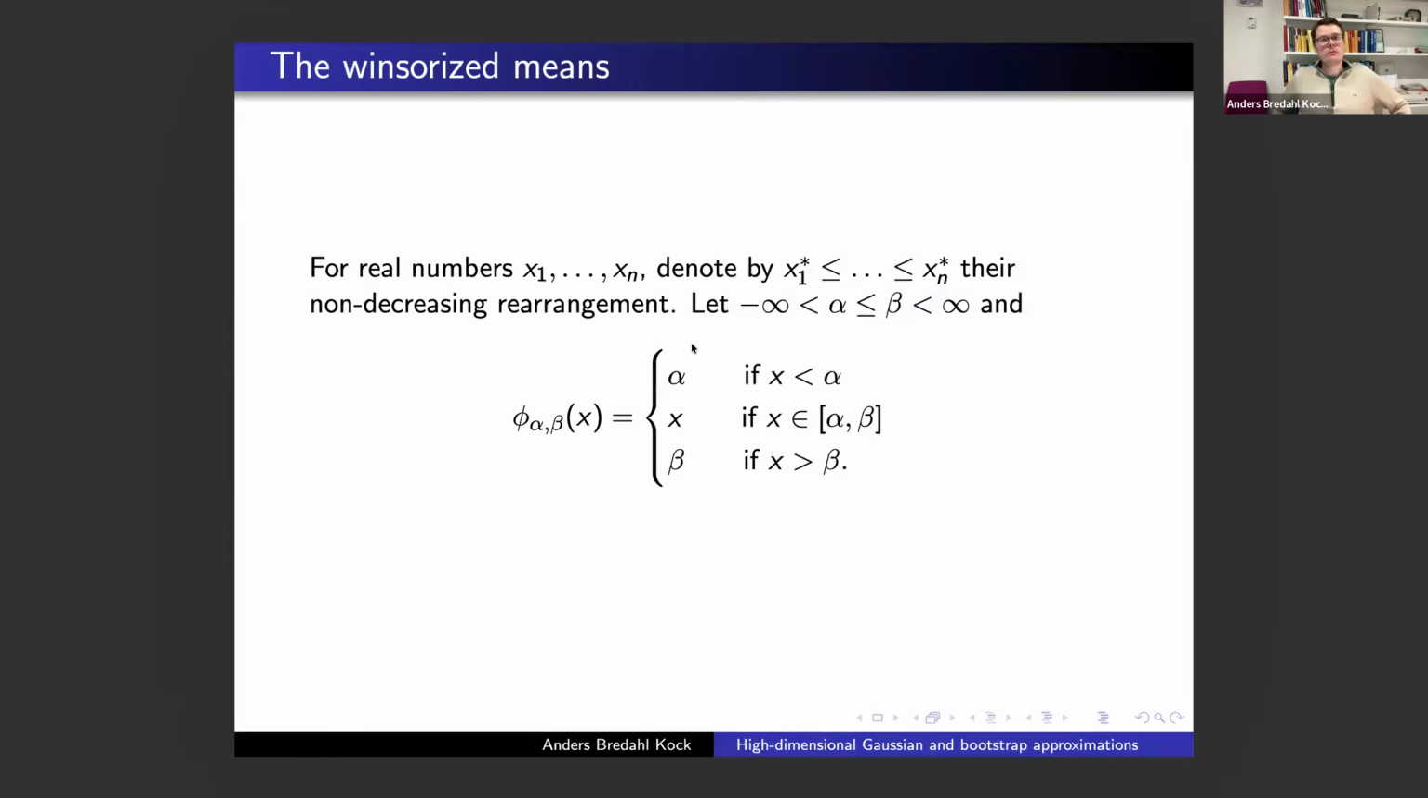Okay, so I said we're interested in Winsorized means in the course of this talk. So what do I understand by Winsorized means? Well, for any real numbers x1 up to xn, we denote by x1 star up to xn star the non-decreasing rearrangement. And I then define, for fixed alpha and beta, alpha less than beta, my Winsorization function. The Winsorization function simply leaves x unaltered if x is between alpha and beta. If x falls below alpha, the Winsorization function returns alpha. If x falls above beta, it returns beta. So it looks like, you know,